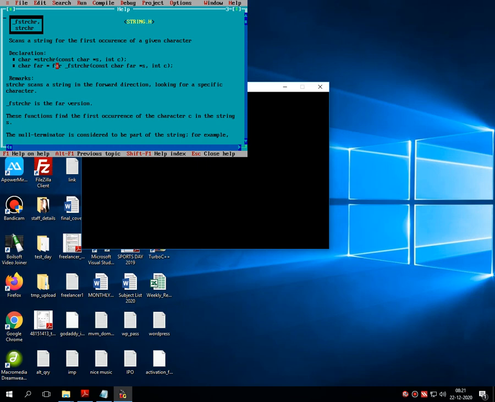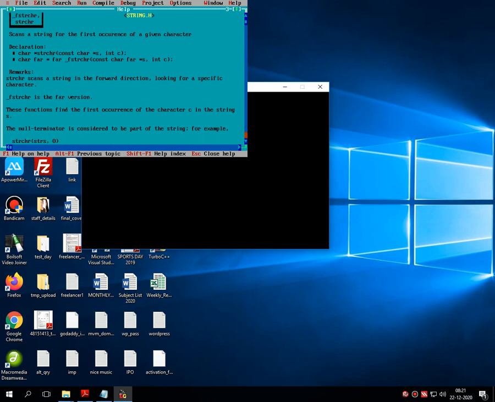What does it mean? It means that we have to provide one string and one character. Whatever character is given by the user, this function searches the entire string, finds and returns the first occurrence of that character in the string.